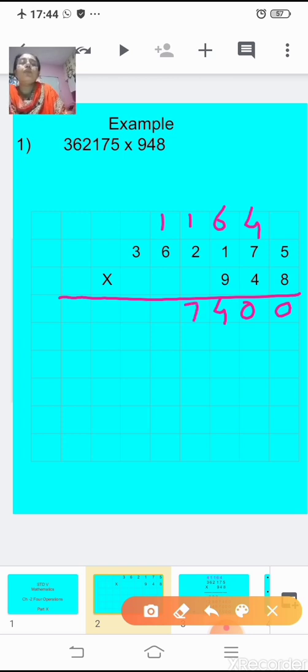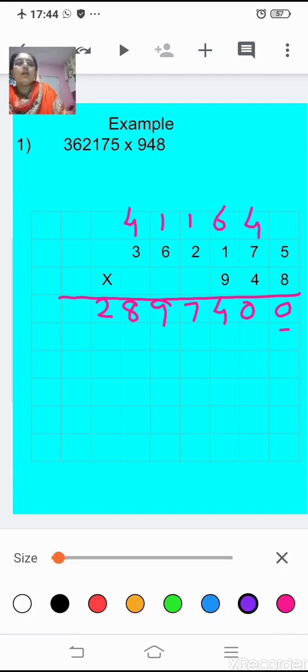1. Be very careful. 6 8s are 48 plus 1, 49. 4. 3 8s are 24 plus 4, 28. So we are finished with this number 8. Now we will come to the number 4 in the tens place. So in the ones place you will put a 0 here. Now since you are finished with these numbers, you can just cancel this so that you don't get confused.